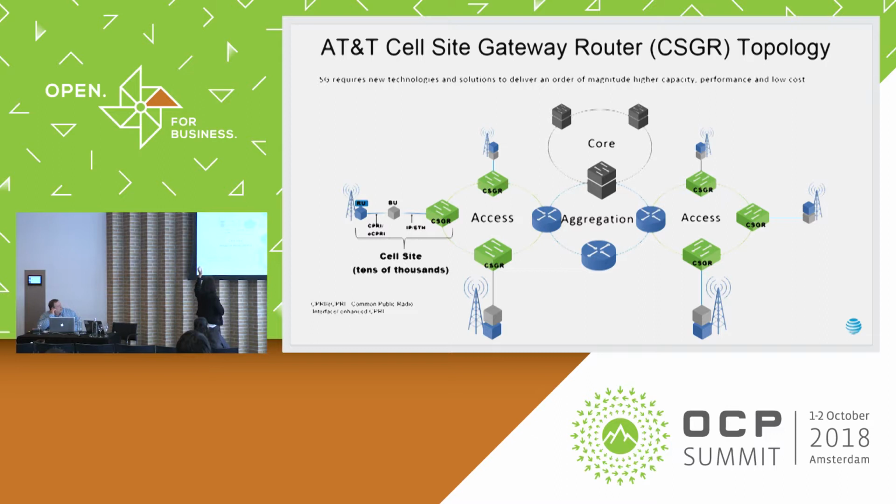So think of it like if you have an end user equipment here, make a phone call, the signal will go to the tower, and it will come down to the radio unit, and then they send it to the baseband unit. Then it's converted to Ethernet and sent to the cell site gateway router. So today, the cell site gateway router that we use supports like 1 gig and below on the access to the radio side. And with 5G, etc., we need to up the speed, and not only that, but the performance to make sure that